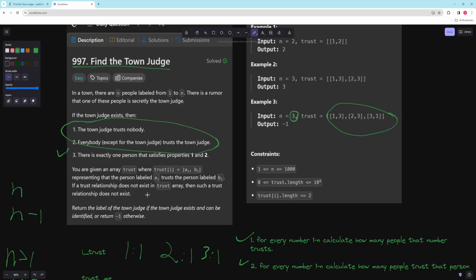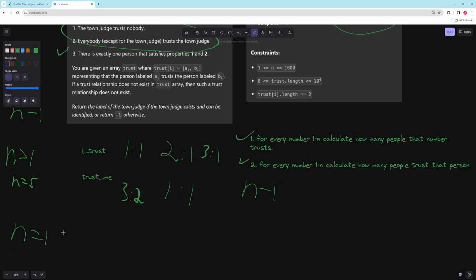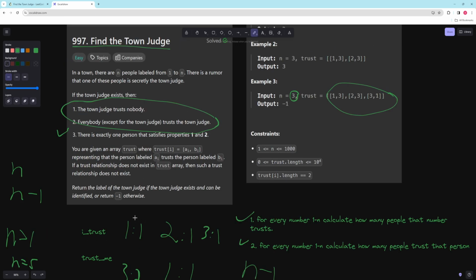I think that's one of the constraints, where a person can't be in here twice, as far as I remember. And so that would be the caveat there. So if n equals 1, then you can just say that 1 is always the judge, because the person can't trust themselves. And otherwise,